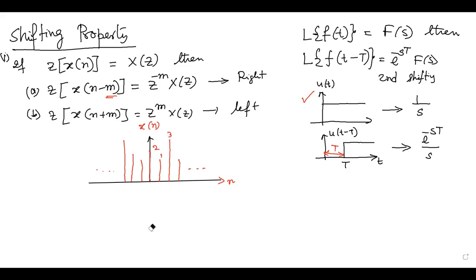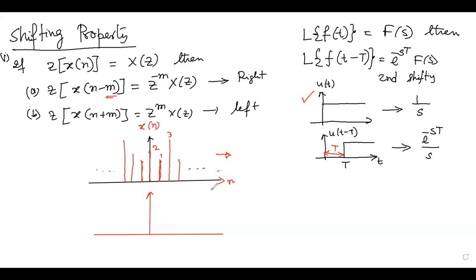Do you understand what I am trying to say? So what will it look like after shifting? Here the value of the sample at the origin is 2. If you shift by one sample to the right, this sample will come here. This is x0, the sample at time 0, this is the first sample, this is the second sample, the third sample, and so on.